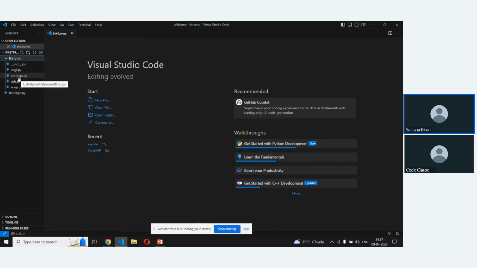Then the settings file, where you can do settings of your application. And in the URLs file, you will put all the URLs regarding your application. The other two are used for deployment of your project. And this is the manage.py file, which is a wrapper around all the Django admin commands.